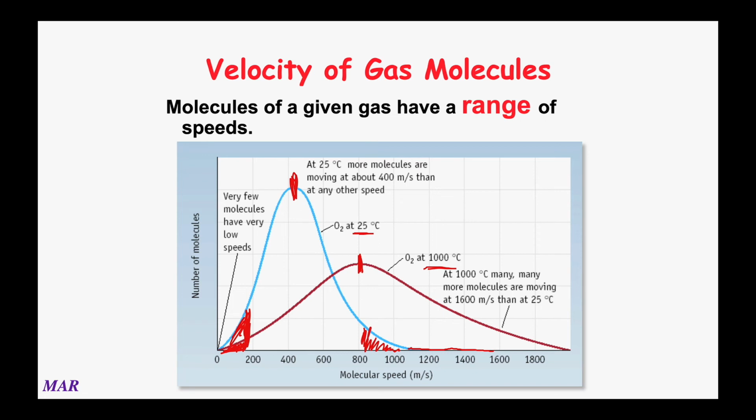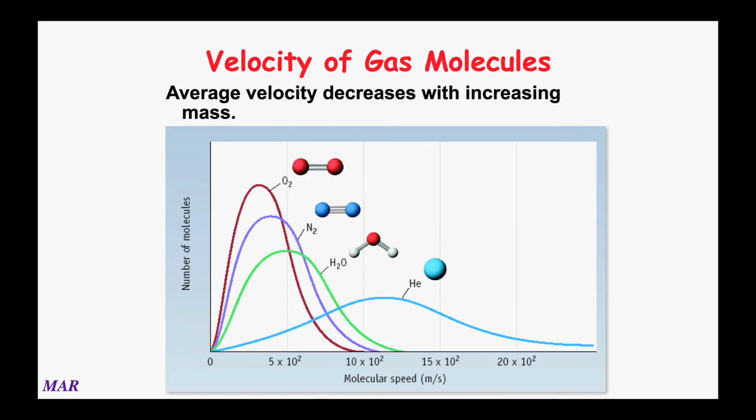Statistics comes in really handy with these kinds of analyses because you do have a variety of speeds at any given temperature. The average speed decreases with increasing mass. So remember I talked about how me, the heavy runner, would go slower than the Olympic runner, who's probably a lot lighter. That example was silly. This is a practical example of how this works out.